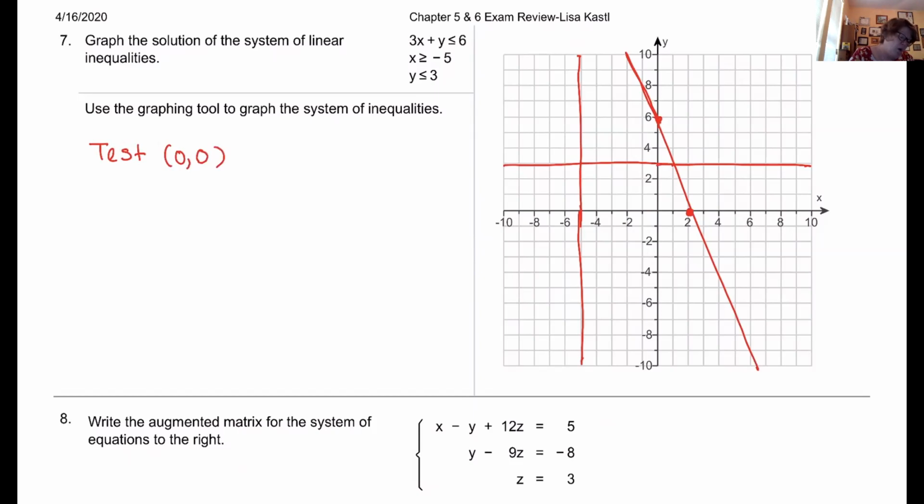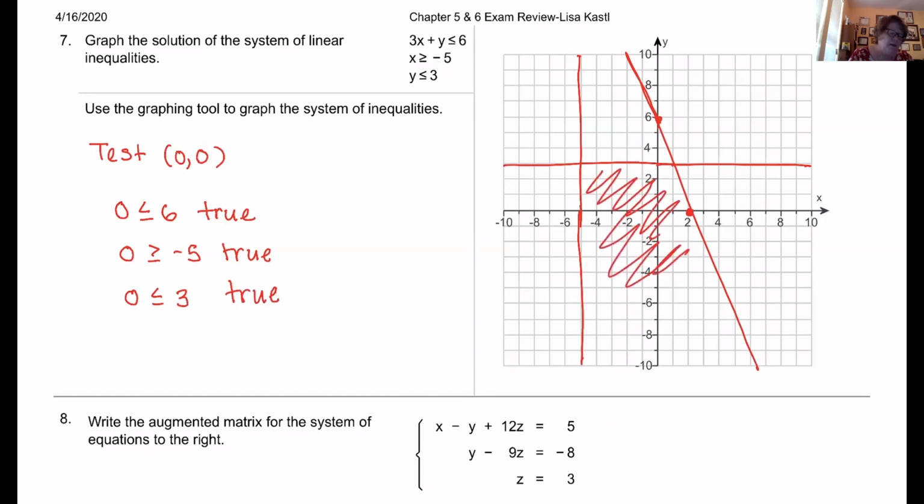So in the first inequality, the whole left-hand side is 0. That is true. In the second inequality, x is 0. That is true. 0 is bigger than -5 because it's to the right of -5 on the number line. In the third one, 0 is less than 3. That is true. So I'm going to shade the area that contains my test point